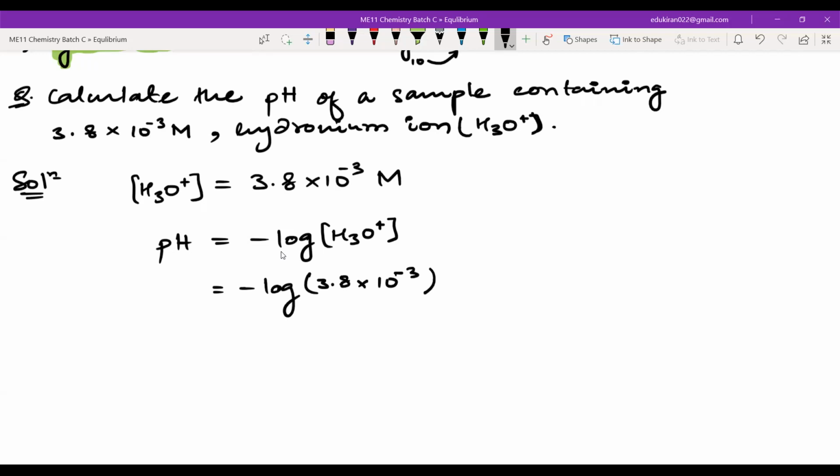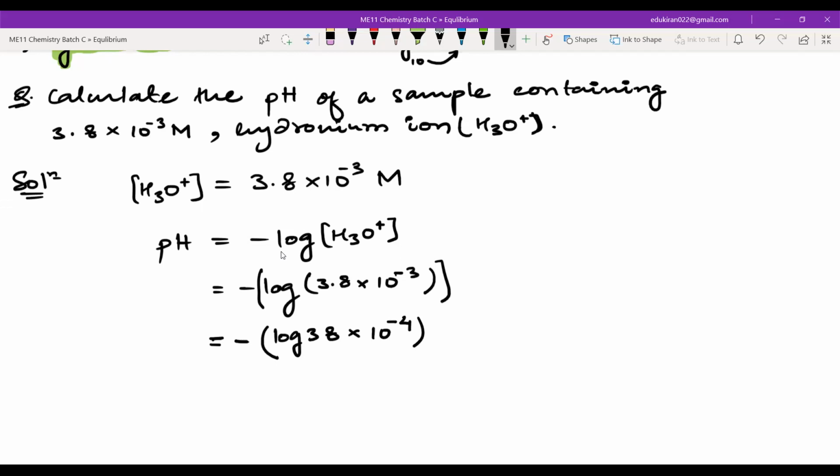Okay. Now, we will calculate first of all, what is the log of this? Then we will put up the minus sign. So we will always keep the minus sign here. We are not going to solve the minus sign. Okay. So we'll just keep the minus sign here. And then we can say that I can use the addition rule here, right? The product rule here. We can do one more thing. I can write this as, first of all, log of 38. This will be better because I don't know how to solve decimals. I just know how to solve whole numbers. So I can write 38 into 10 to the power minus 4.